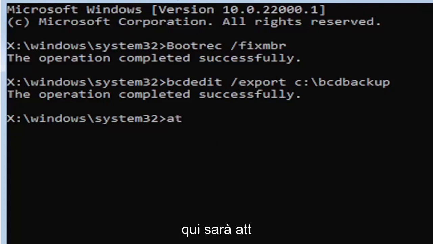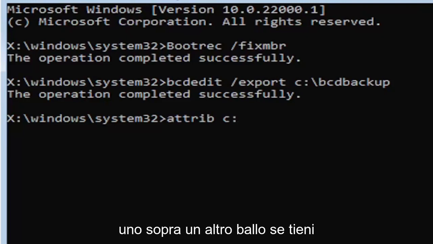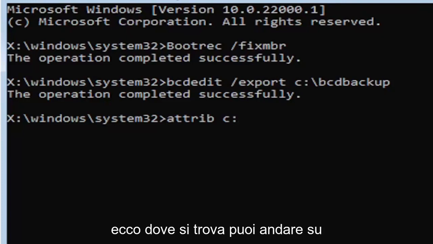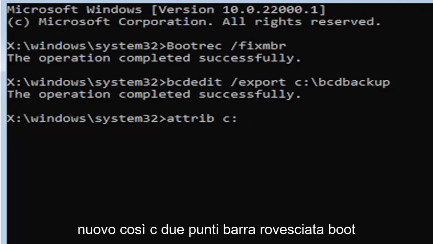It's going to be ATTRIB space. Now we're going to do the same drive letter we did before, so it's going to be the C drive in my case. And then again, it's going to be a colon. A colon is basically one dot on top of another dot. So if you hold down the Shift key and the key right next to the L key on your keyboard. So if you're unfamiliar with where to find the colon key, that's where it is. You can go on Google Images and look that up too. But again, so C colon